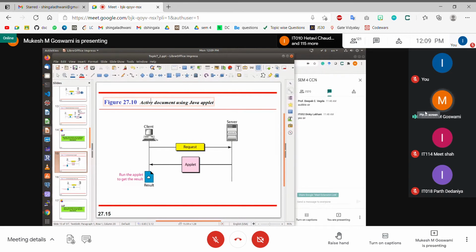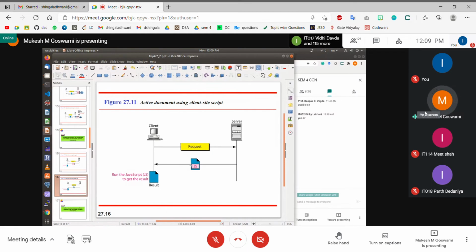But then the browser community, that is, the companies building browsers, prominently Google Chrome, and some other open source initiatives like Firefox and Netscape, said that we don't want to have a dependency on an external programming language. Let us create an interpreter which is embedded inside the browser itself, right? So they came up with a new kind of programming language and a new kind of interpreter, which we call JavaScript. So JavaScript is a programming language, right?